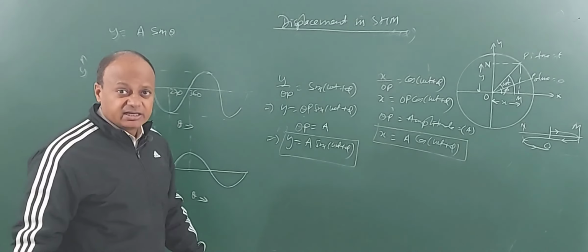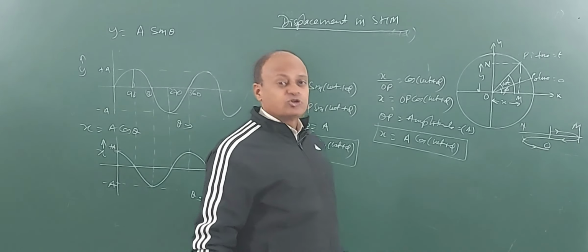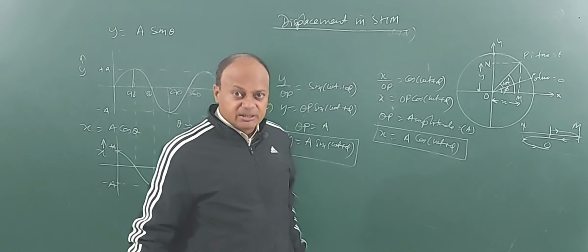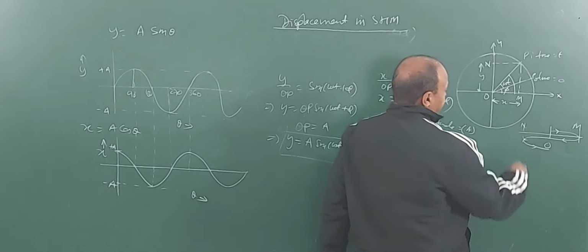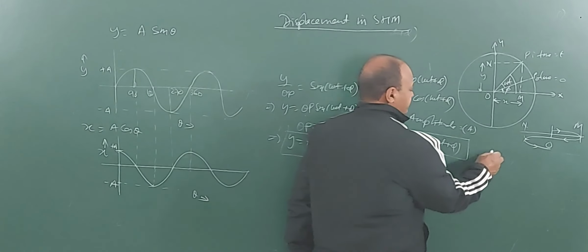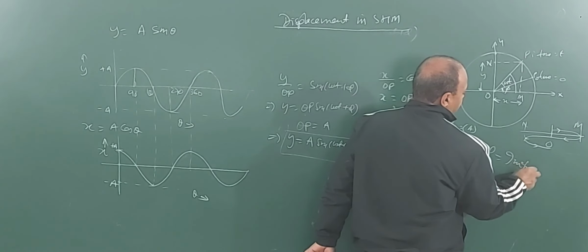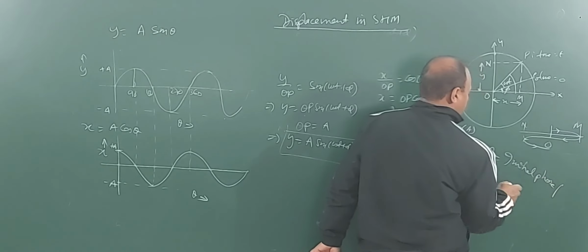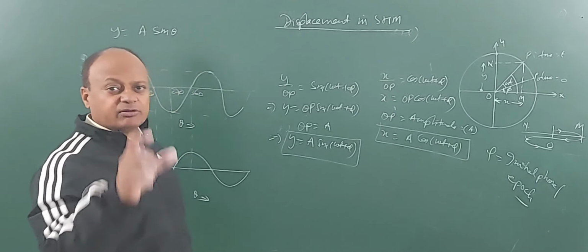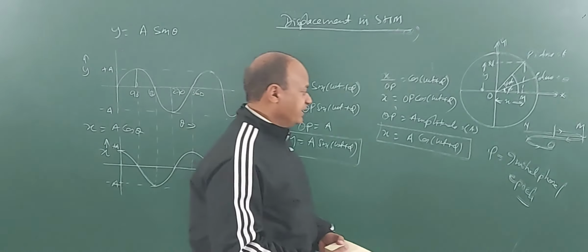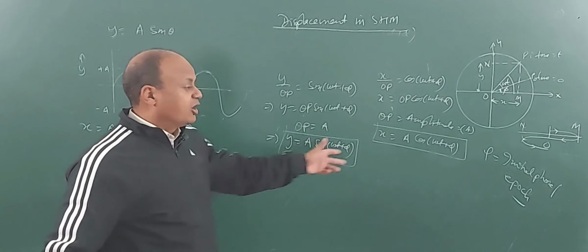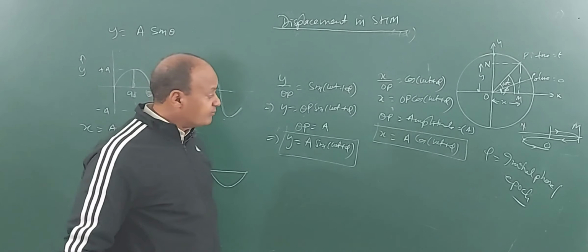Actually this term phi, phase, as you already know, phase denotes the state of motion of a particle, and this is expressed in terms of the angular displacement of the particle, right? The phase of the particle at time t equal to 0, this phase phi, is called initial phase. It is also called angle of epoch. At time t equal to 0, what is the angular displacement of the particle? That's called initial phase, or we also call it angle of epoch. So we get the displacements along x-axis and y-axis both. Clear?